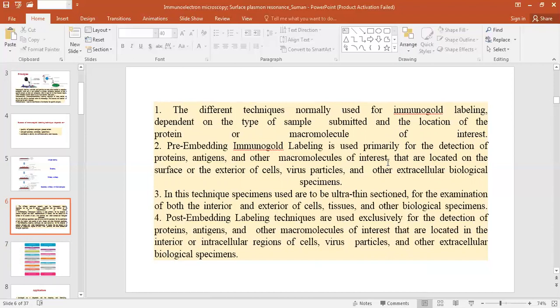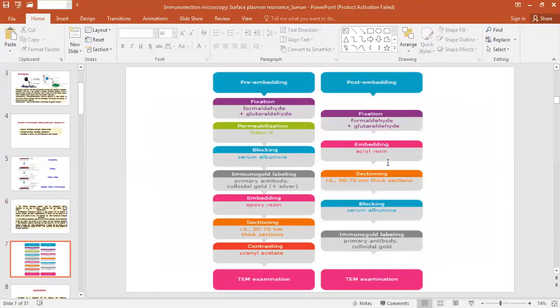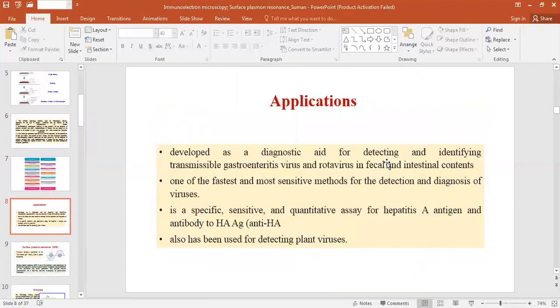In case of post-embedding labeling technique, it is used exclusively for the detection of proteins, antigens, and other macromolecules of interest that are located at the interior, not at the surface or exterior of the cell. There we can use post-embedding labeling, that means the immunogold labeling process. So at the interior or intracellular region of the cells, virus particles, and other extracellular biological specimens, we can use the post-embedding immunogold labeling process. So that is all about the process of